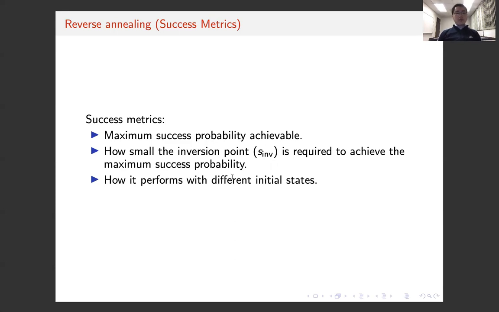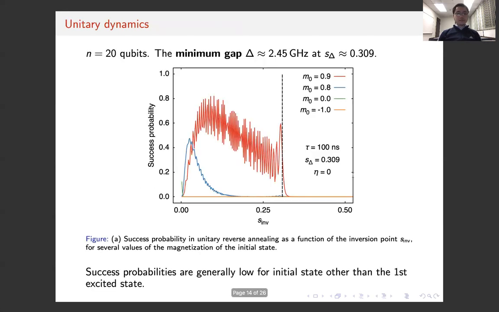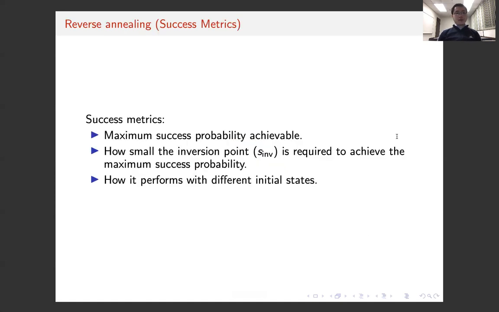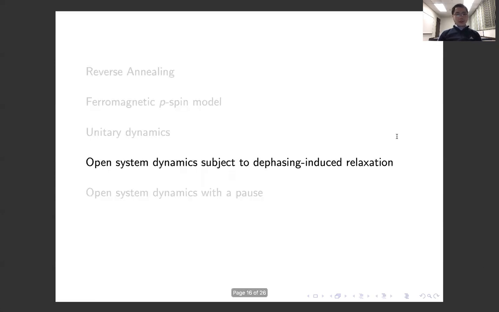And the third is how it performs with different initial states. So only the red line gives a good result, while the other initial states give a bad result. So reverse annealing in a closed system fails according to this metric. So we would like to turn on the interaction with the environment in an open system to see if it